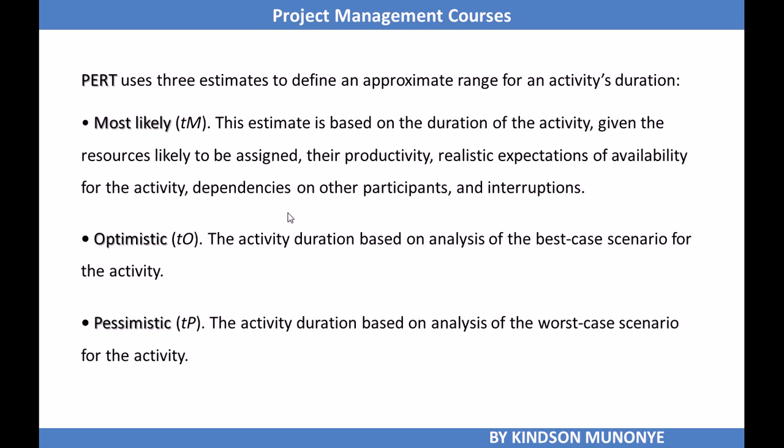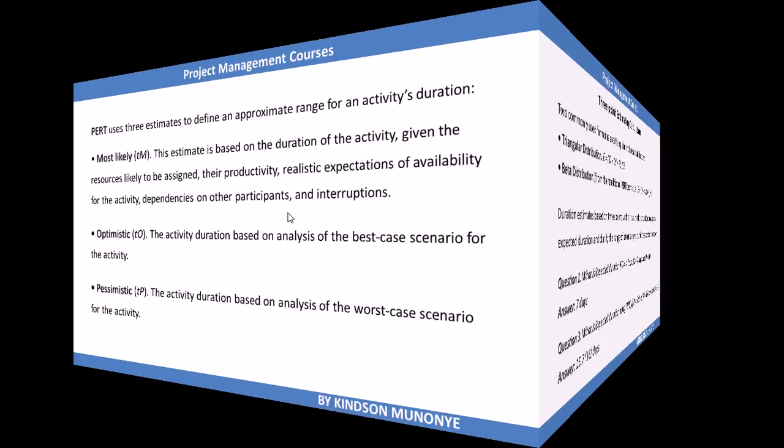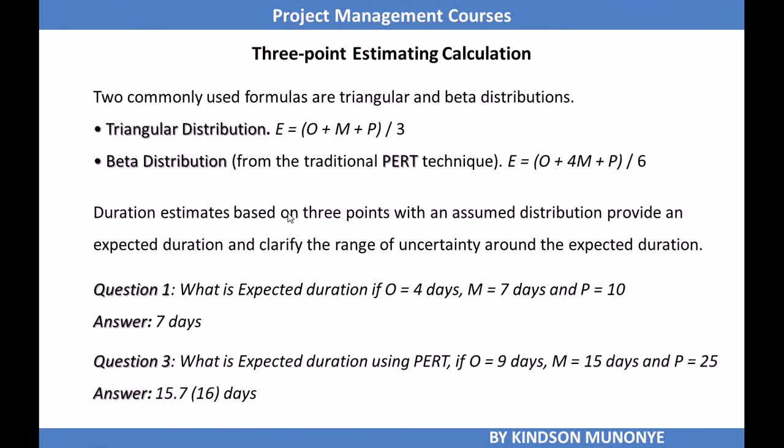Then we have the optimistic estimate. So you make an estimate based on a best case scenario for the activity, and you make a third estimate, and that is the pessimistic estimate based on the worst case scenario for the activity. So you have these three estimates. The most likely, I call it TM, the optimistic estimate, I call it TO, and the pessimistic estimate, TP. So you have a formula you use to put these three items together